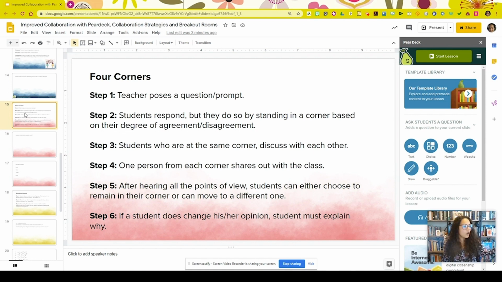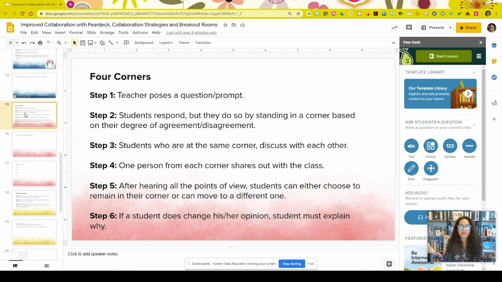And then when they go to each corner, the goal is that inside of that corner, they listen and talk to each other about why they made the decision they made. So, why is it that they completely disagree with the statement? This is a way for them to build up further their personal perspective, right? While in their corners, they're talking, they may be taking notes. You might ask them to take notes, that's up to you. After they hear those points of view from each other,